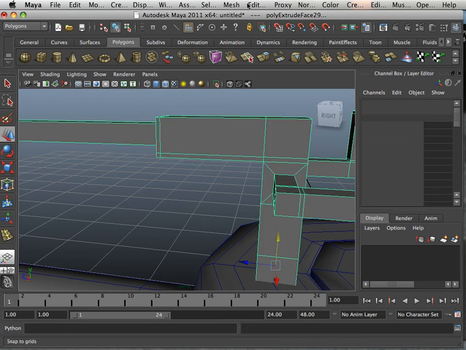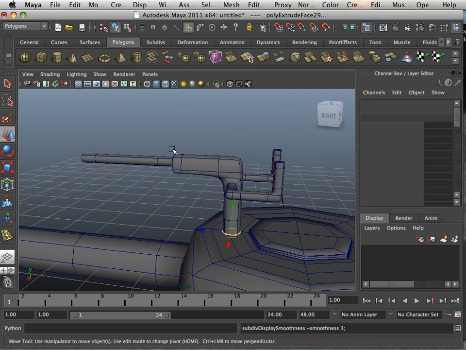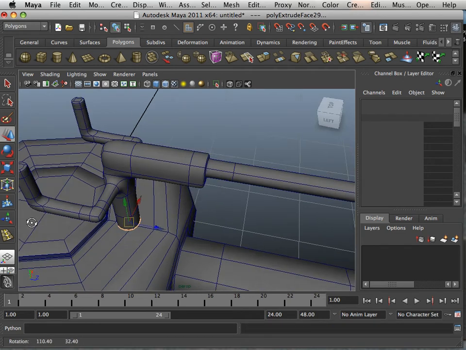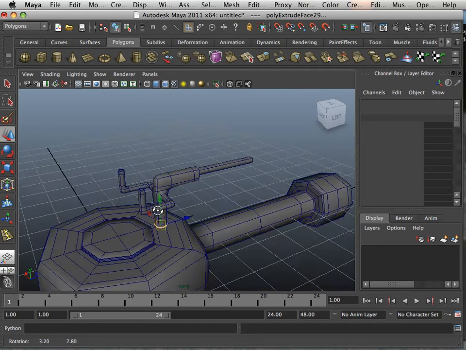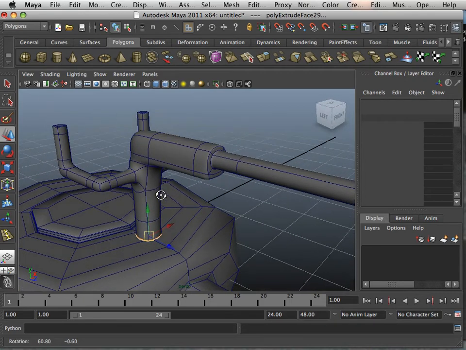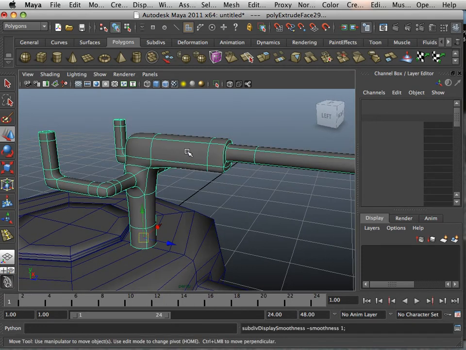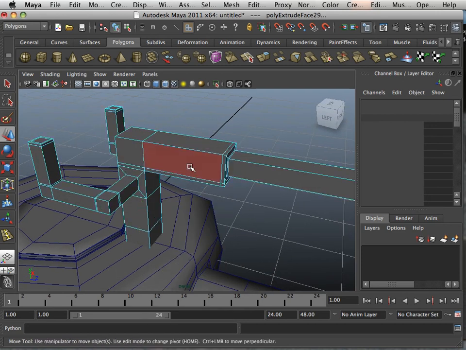So another thing I like to hit home for new students is the fact that you want to build your models with some kind of usability. If I look at this thing, does it look like a gun? It sort of does. I can probably get that it's a gun, but it needs something, right? It needs maybe some kind of detail here stating that there's some kind of action going on, that it's an actual gun. In other words, I could take this and maybe extrude it in